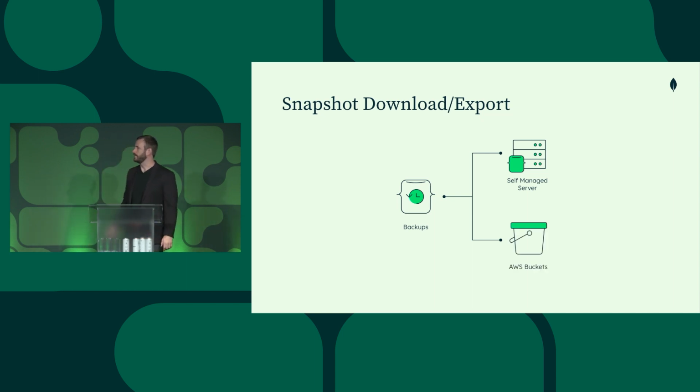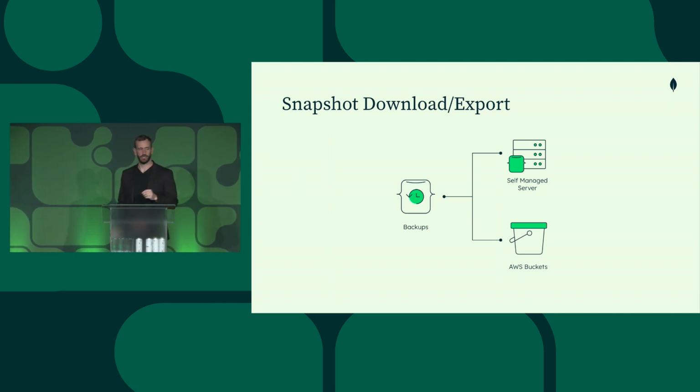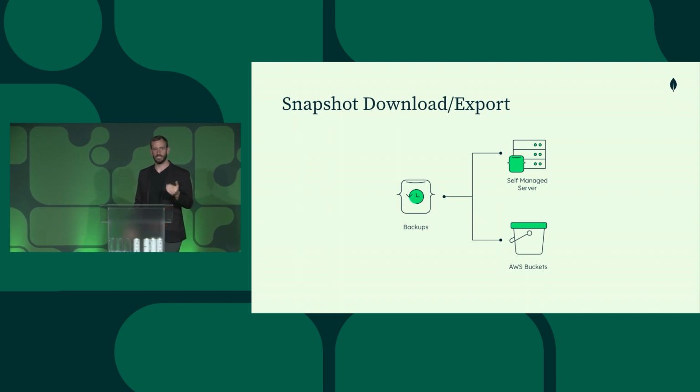And then also we can export your backups to AWS S3 buckets as well. What this is really designed for is an archival purpose. So you can take your backups off of MongoDB Atlas if you want, and you can store those in your own S3 bucket. So it gives you the ownership of that data because it's in your S3 bucket, not a MongoDB bucket. And it also gives you a unique ability to use that data as you want in the future because we export this data out in JSON.